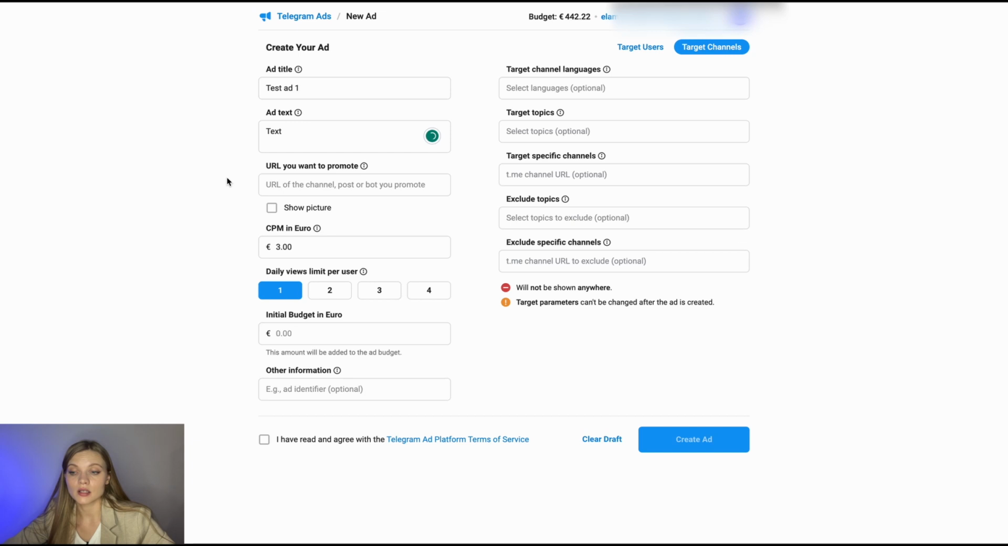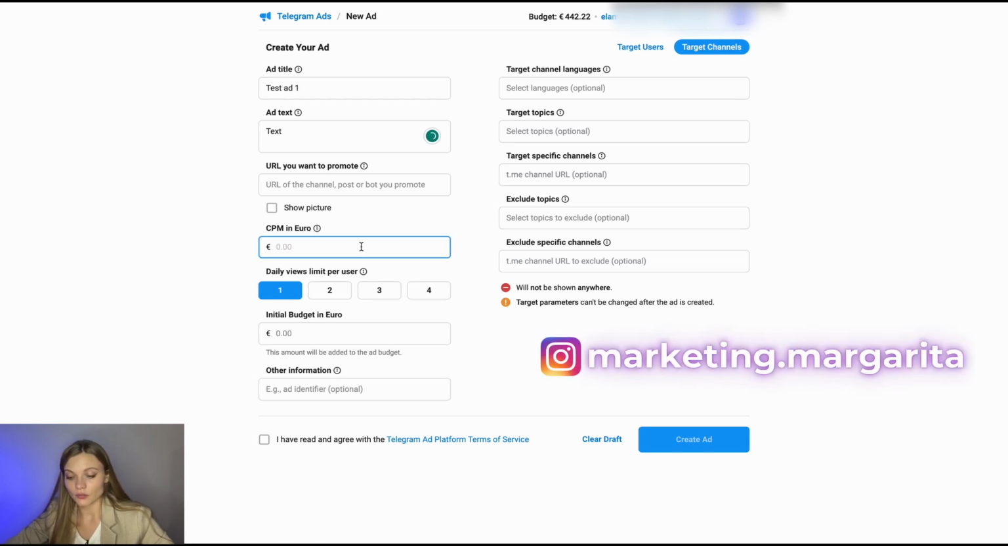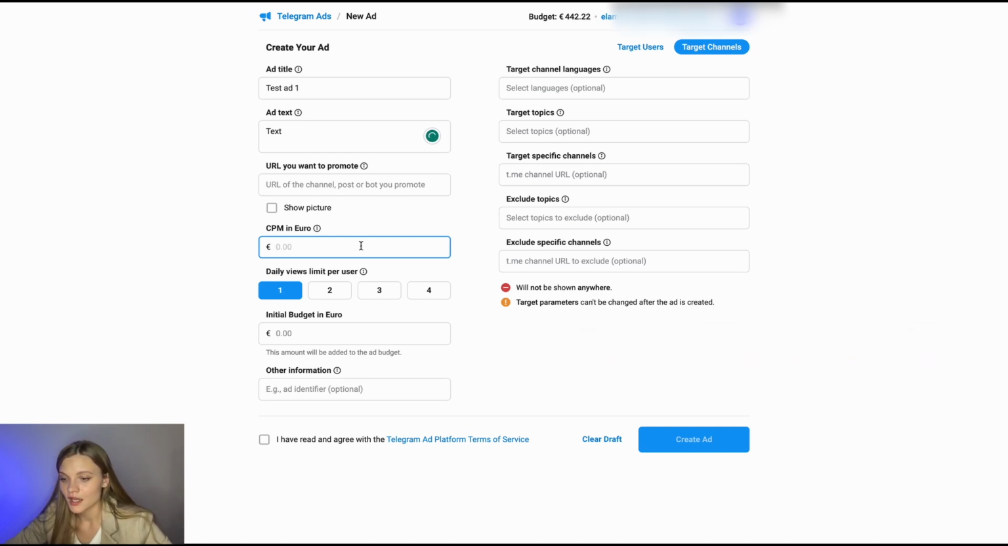The main difference between them is that when you promote your websites, you can analyze your ads with the help of Google Analytics, for example. And if you promote your channels, you can see statistics in the ad account. So I think it's quite more comfortable. And the next point is CPM in euro. You need to state this sum of money, from 2 euros and up to infinity. I would recommend to start with 3